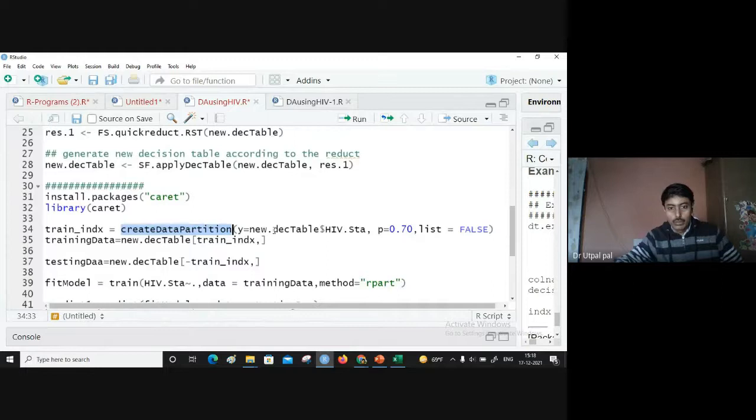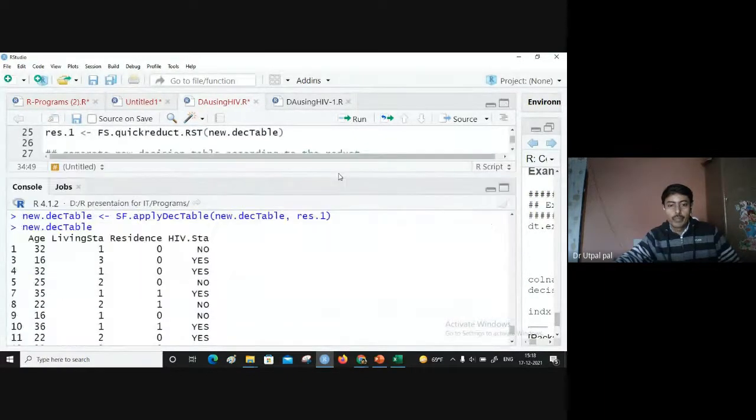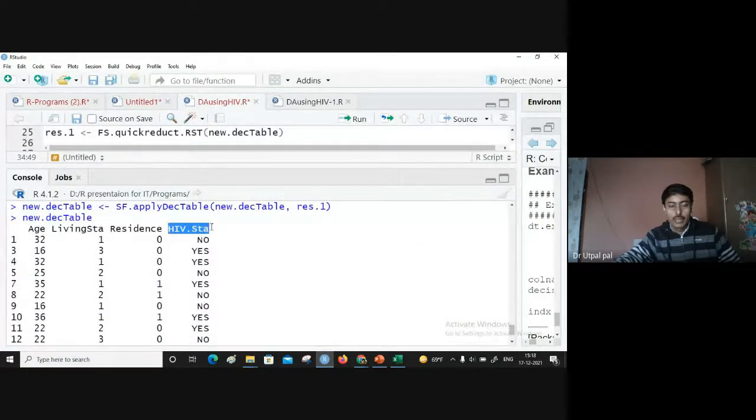Here we have to put the name of the decision table and the name of the decision column. The dollar symbol means after the dollar symbol we can mention any attribute name. So here my decision column is hiv.sta. This is my decision column.